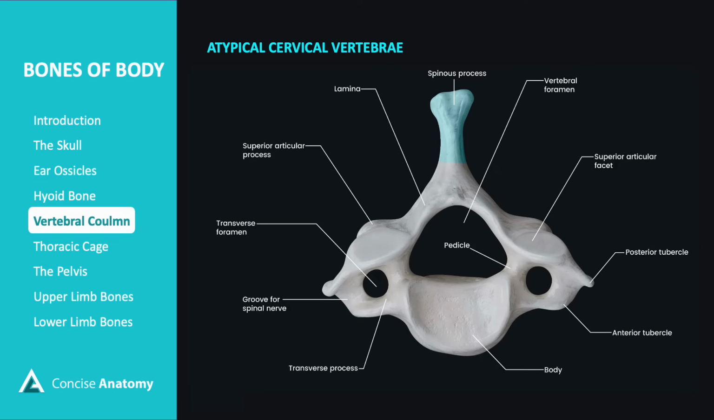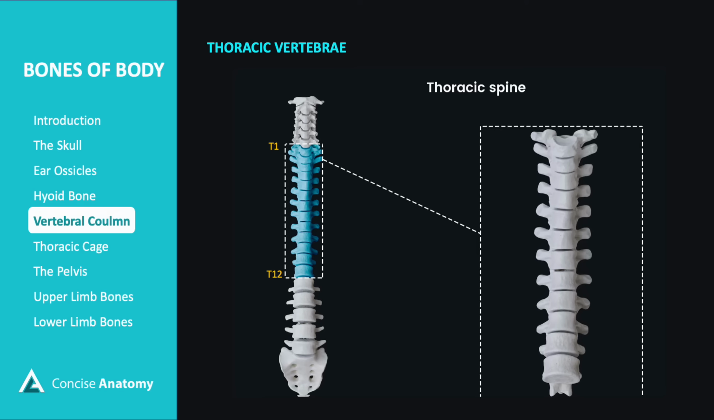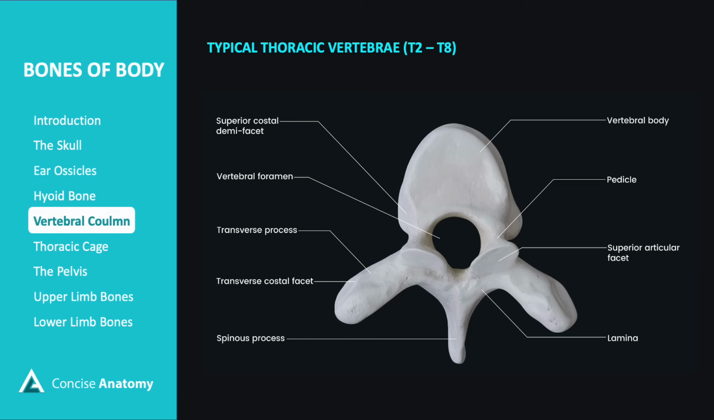The 7th cervical vertebra, C7, is an atypical vertebra known as the vertebra prominens due to its long, non-bifid spinous process, which is easily palpable at the base of the neck. The thoracic vertebrae consist of 12 vertebrae, T1 to T12, located in the mid-back region, which articulate with the ribs to form the ribcage. Typical thoracic vertebrae,